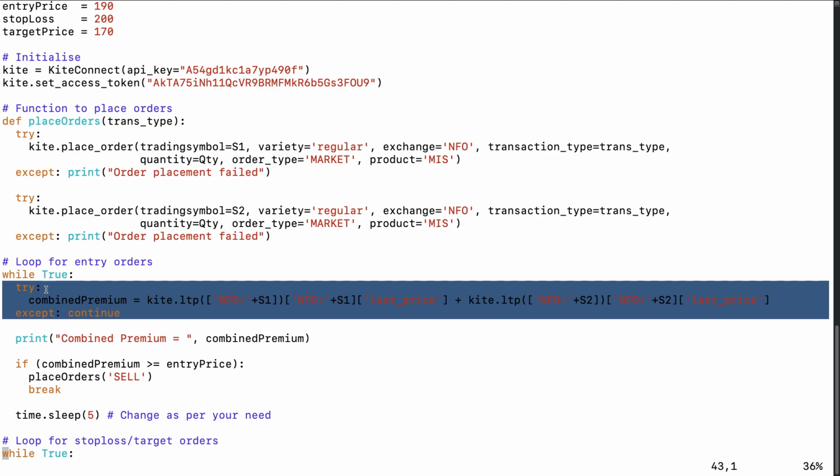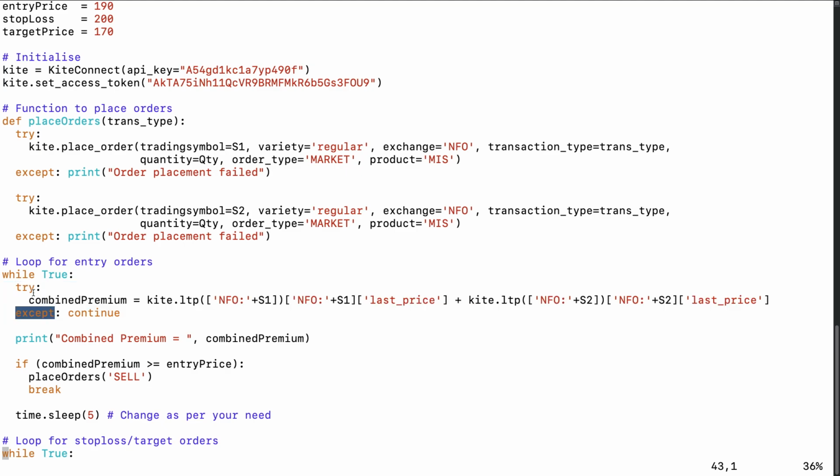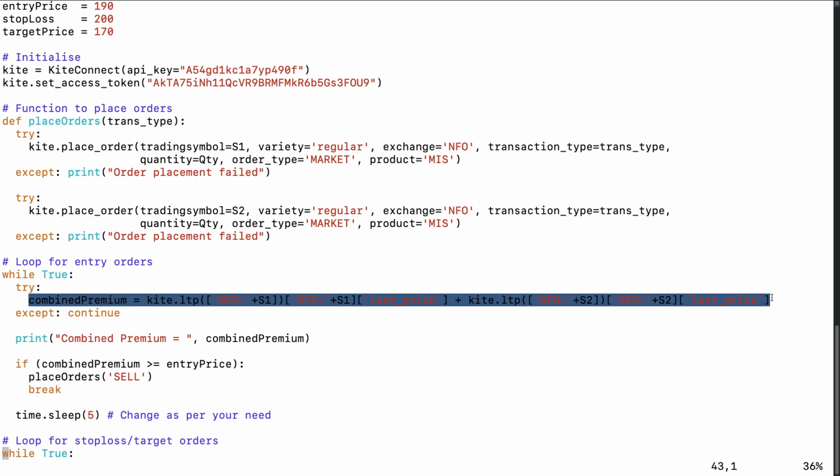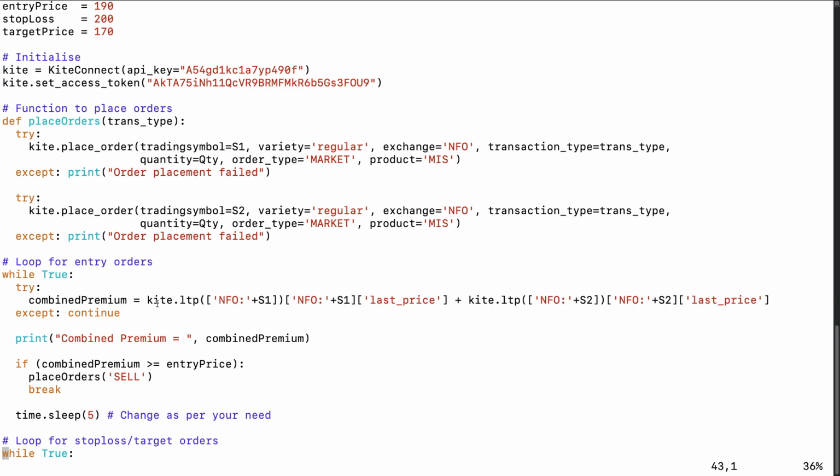These three lines, okay? In Python, what try and except means is anything inside of try, we are saying try this code. If there is any problem with this, say for example, I am calling kite.ltp, and for whatever reason kite is not able to provide you the necessary information, or if it fails for whatever reason, then the try block will actually fail.